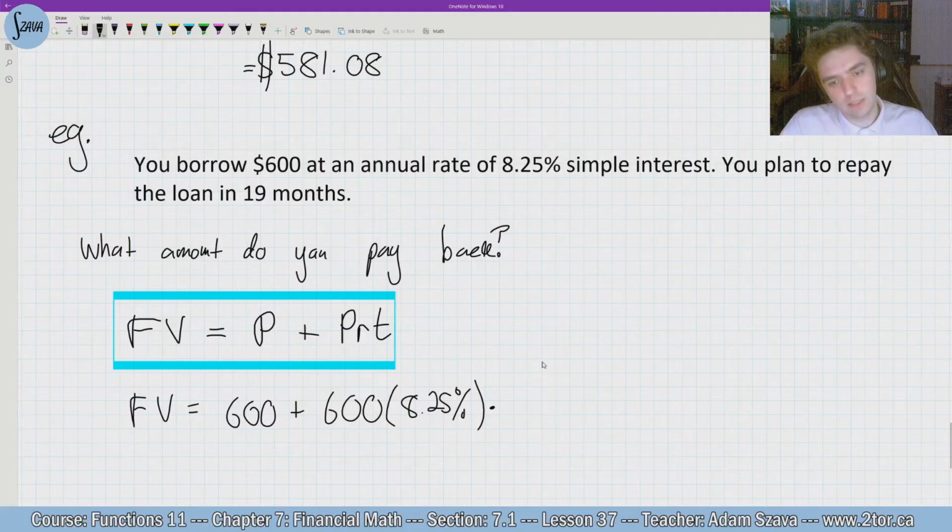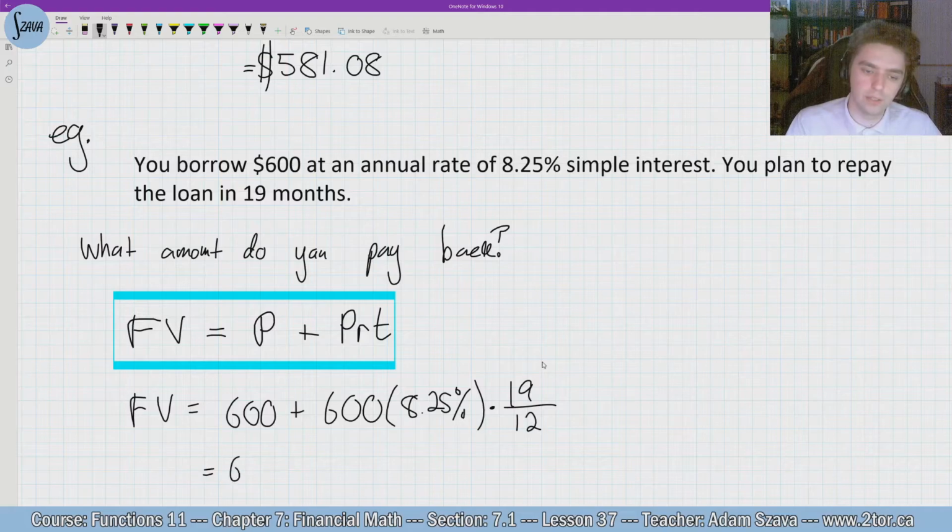So 19 months, again, you just have to remember that to convert from months to years, 1 year has 12 months, so that's the denominator. And 19 of those have passed. So 19 over 12 is going to be just slightly higher than 1.5. It's 1.58. So the future value is going to be 600 plus 600 times